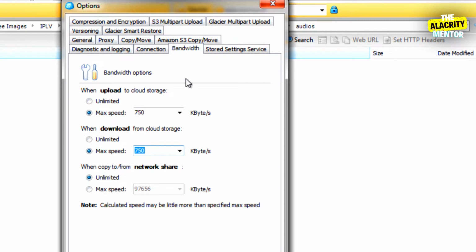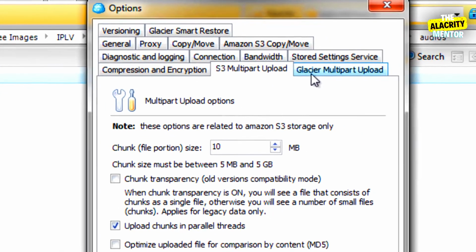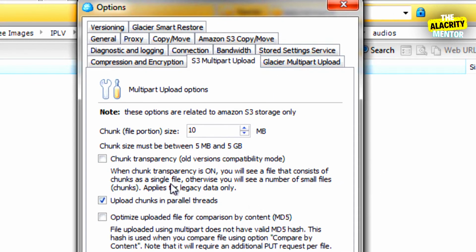All right. So the next thing you want to do is click on S3 multi-part upload. Now, by default, when you upload, say for example, a 200 megabyte file, typically that's going to take a lot of time.